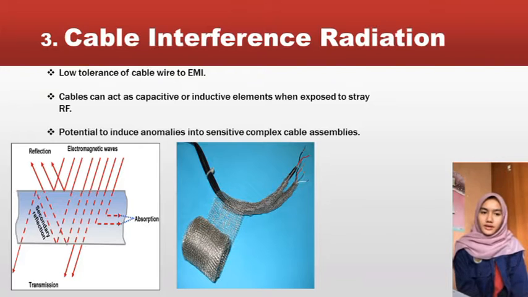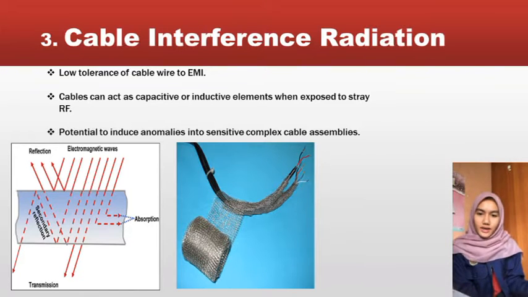So the third problem is cable interference radiation. This problem is related to the second problem, which is gaps at the devices. Meaning when there are gaps at the devices, radiation will enter and it will disrupt the cable. So the low tolerance of the cable to EMI can cause